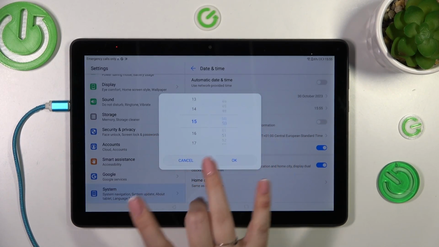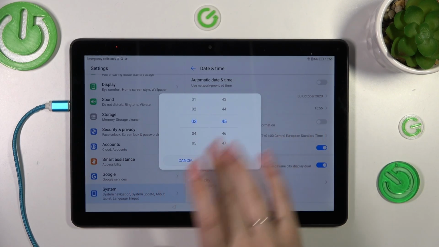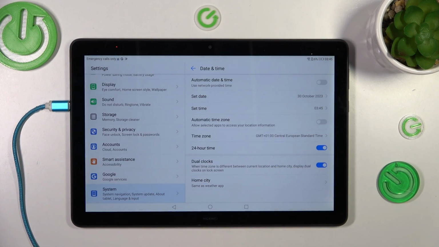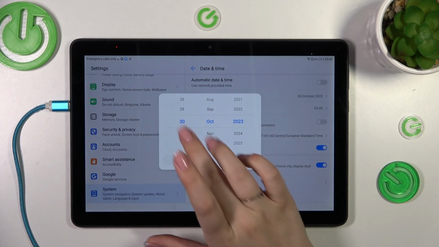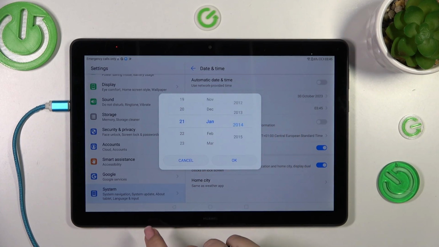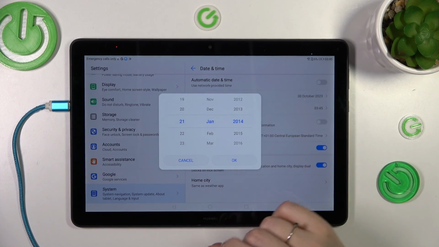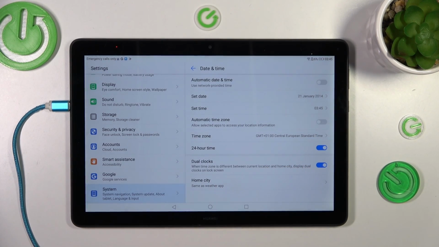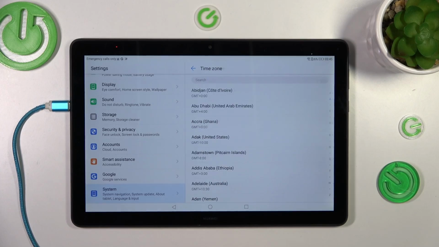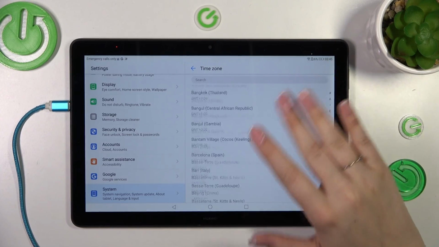So as you can see, simply swipe your finger and set the hour you want. Confirm it with OK. Of course, it will be immediately applied to the status bar. The same situation with the date. Just by swiping, pick the day, month and the year. Tap on OK. And the time zone, just tap on it, and here we will be transferred to the full